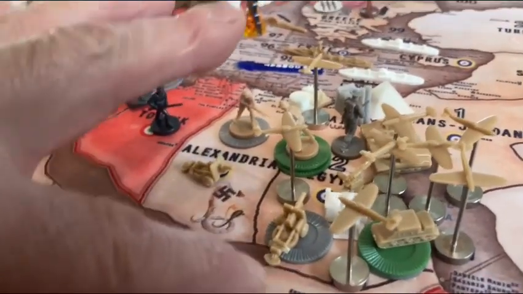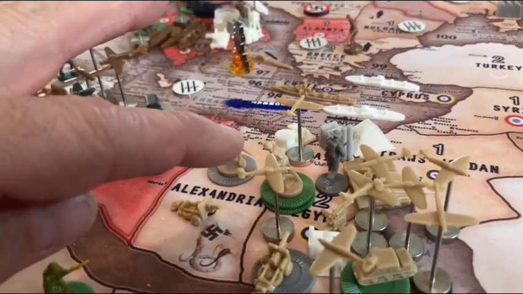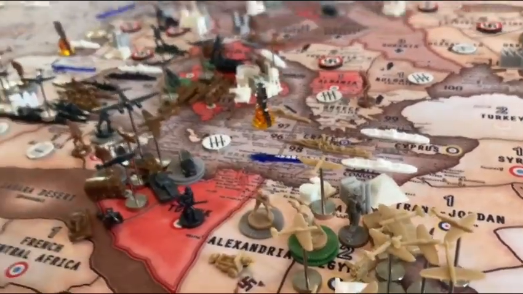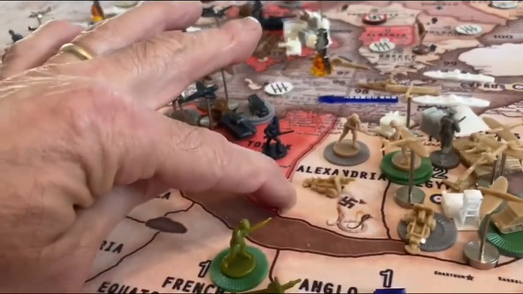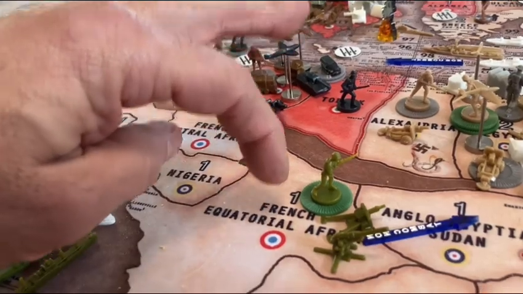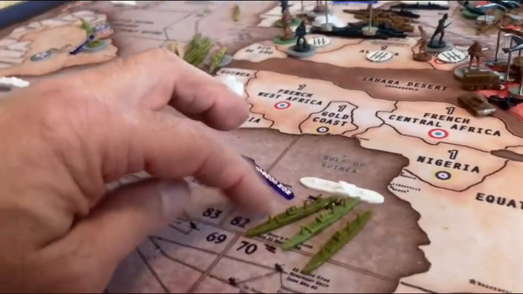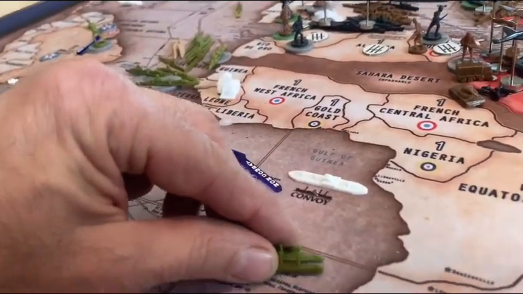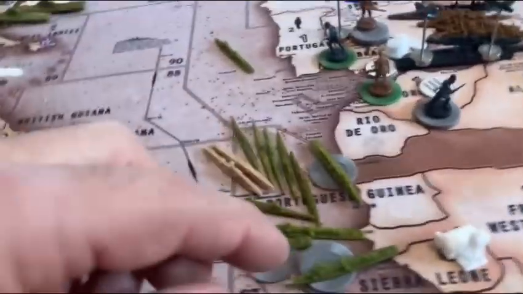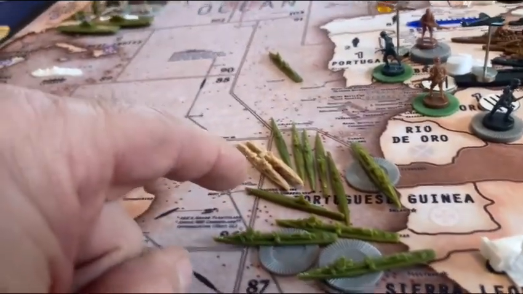4 mechs, 2 artillery, 7 men and 1 Aussie infantry, 8 fighters in Alexandria, 2 infantry and 1 artillery. Americans have in French Equatorial Africa 4 infantry, 1 artillery, 1 anti-aircraft, with 3 transports off of the coast of French Equatorial Africa. Air base in Sierra Leone, as well as 8 destroyers,